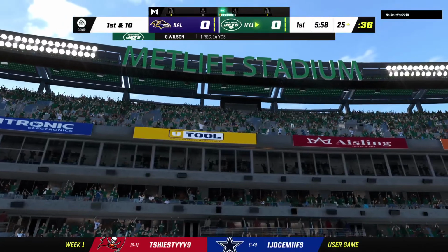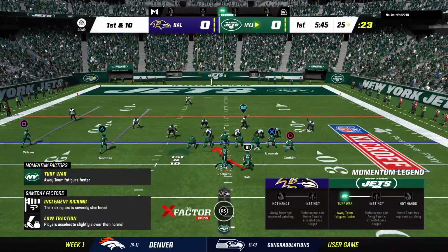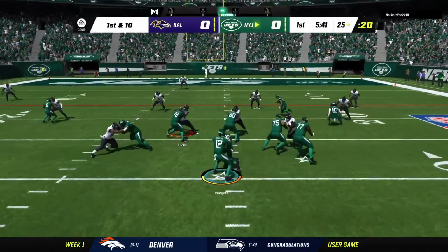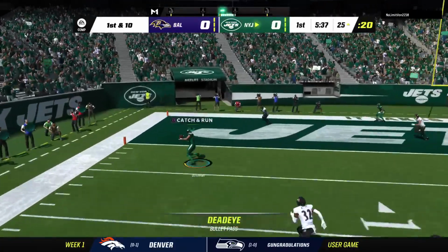Pretty solid opening drive here, Charles. They've worked in the run game, the pass game, just steadily getting yards, and now they've got it inside the red zone here with an opportunity. And the only thing they don't have so far is points. But the way that they're moving the ball now, that's...